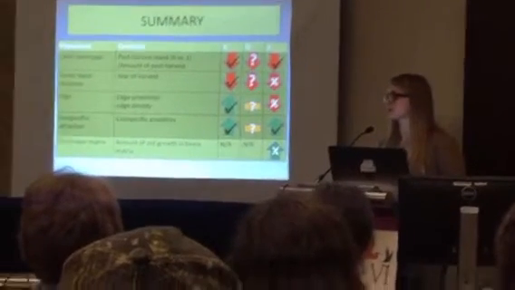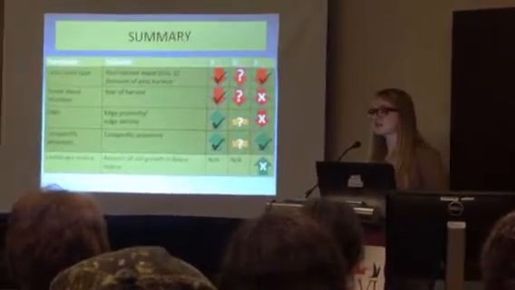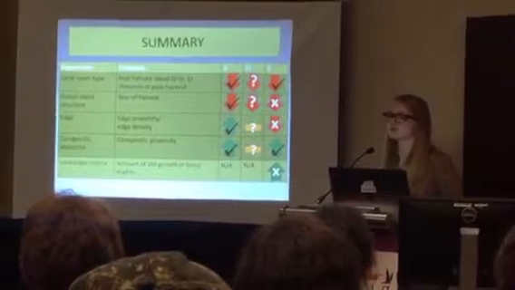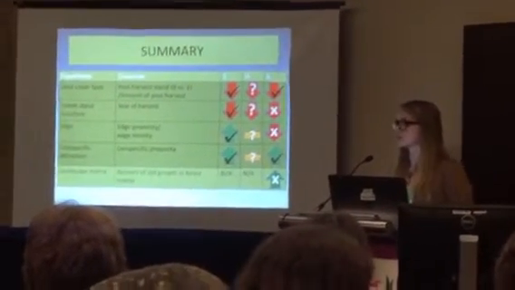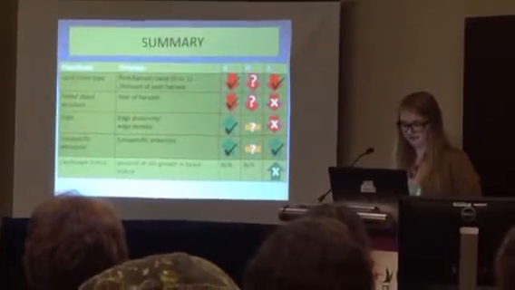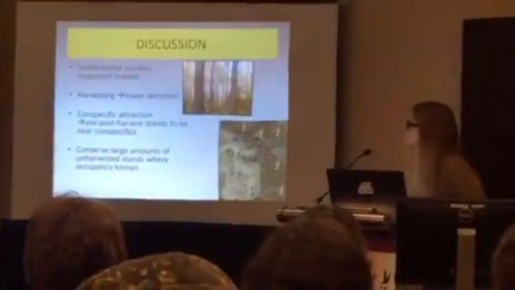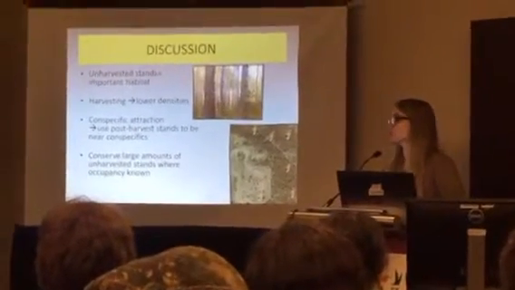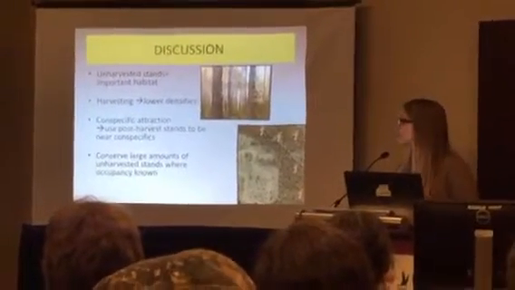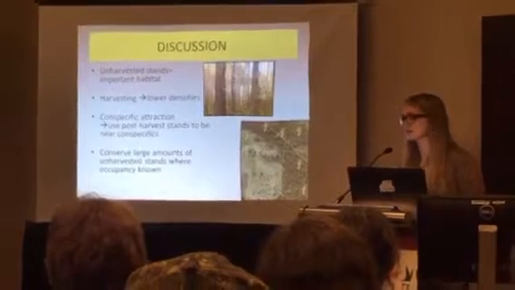And we found even those males that were detected on point counts near post-harvest stands didn't generally use a lot of it in their home ranges, and tended to have larger home range sizes than males purely using unharvested stands. So this suggests further that unharvested stands are important habitat in this part of their breeding range. Selection ratios and densities are higher in unharvested than post-harvest stands.